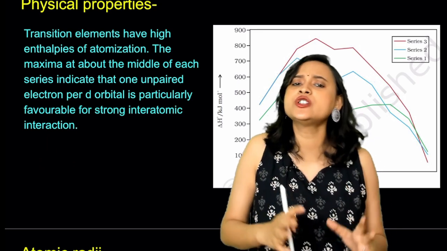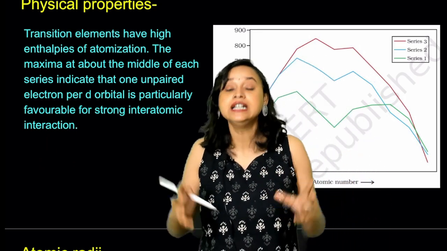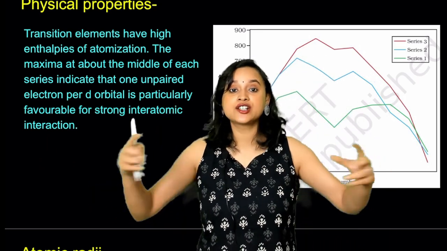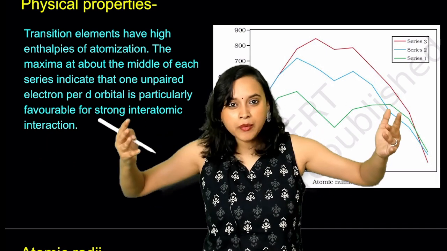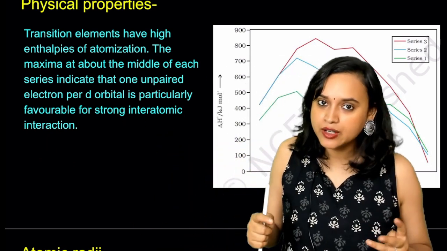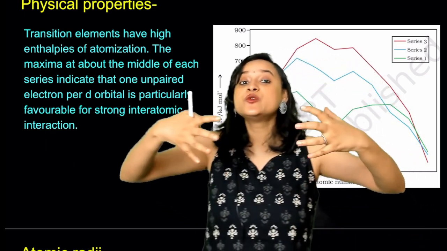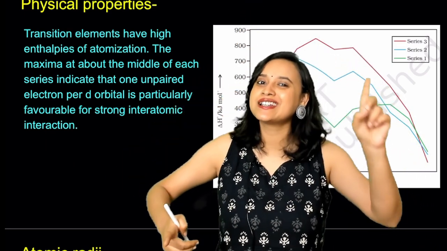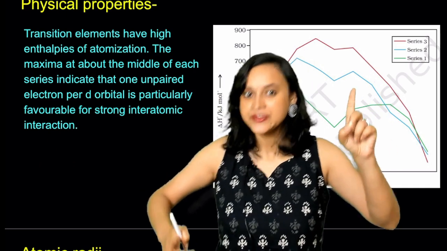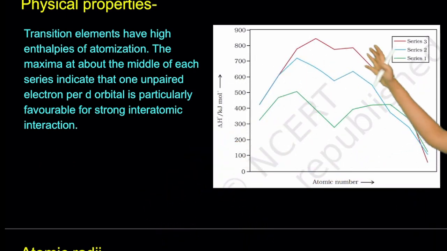And while they want to make more bonds, what will happen? These guys also have so many electrons, so the bonding will be very, very strong. You can't just break apart the bonding. Correct? So that means that you will require higher energy to break the bond. Only when you break the bond, you will get a single atom. Is that correct? So enthalpy of atomization, do you understand that it is high?